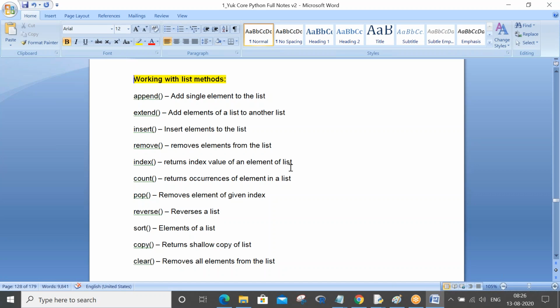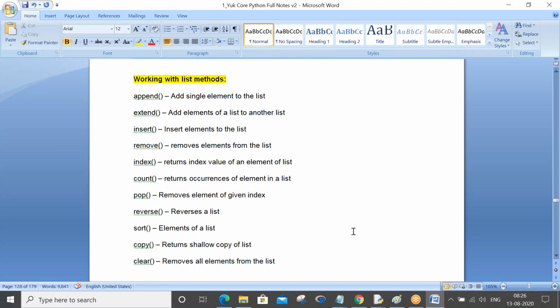These are all the list methods we have in Python. Please put this heading and write down all this. How many are there? Total 11 methods are there. Please write down these 11 methods in your notes.